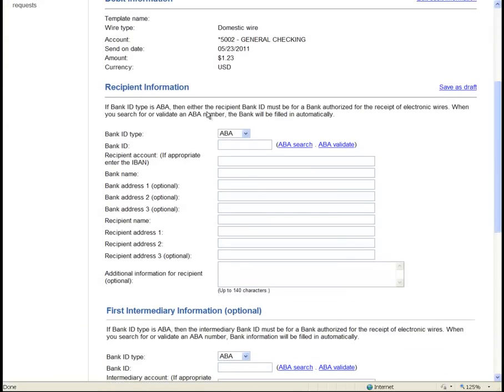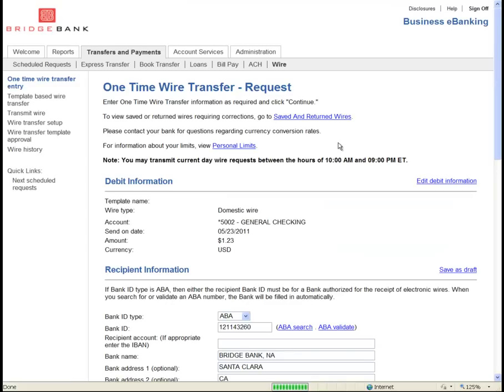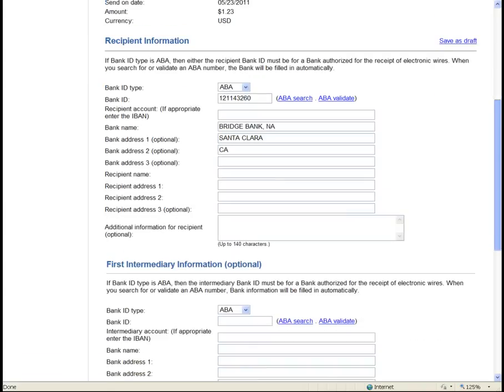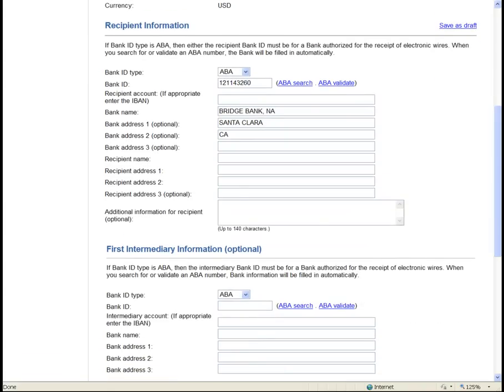Bank ID in domestic is ABA. Type in the bank ID that has been provided to you from your recipient. I encourage you to validate the ABA because when you do that, it will pre-populate the bank address of that associated routing number. Type in the recipient's account number,